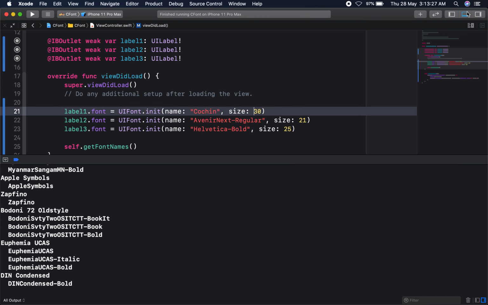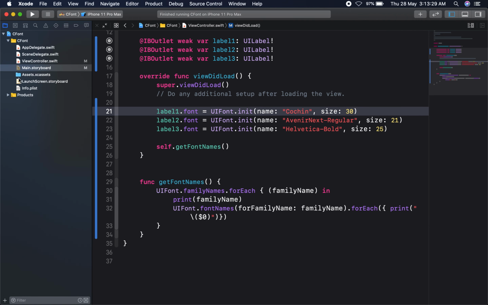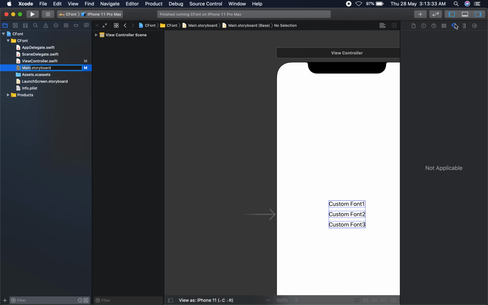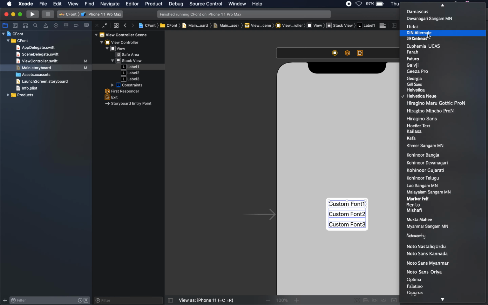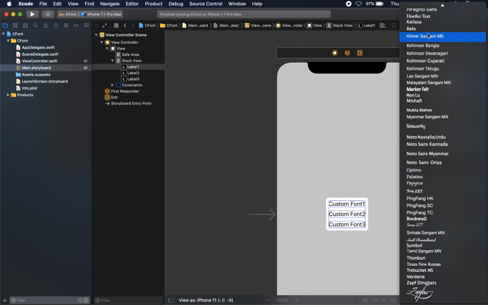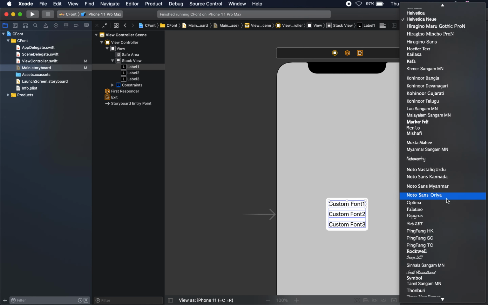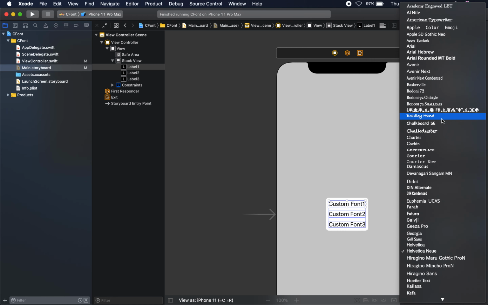Now I am going to add some new fonts to my application which are not already available in Xcode. Before that I am going to show what custom fonts are already available in Xcode. Some 30 to 40 fonts are already available here.